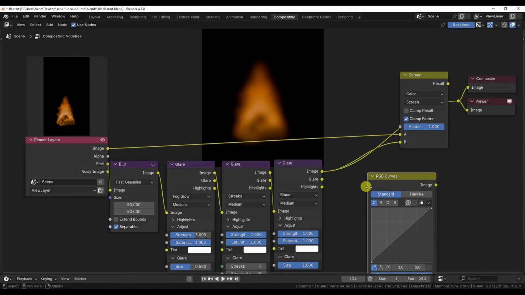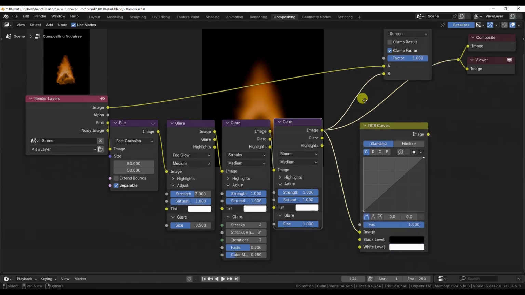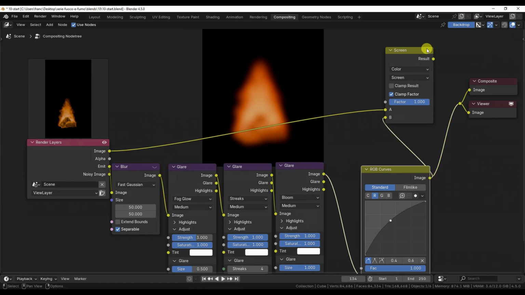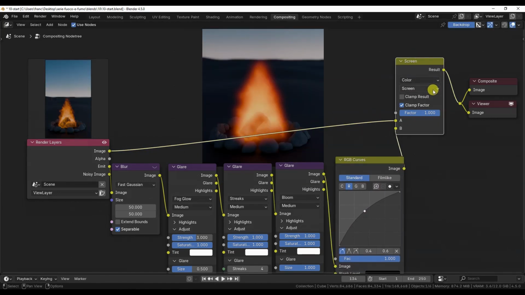I'm also quickly testing brightness adjustments using the C channel of an RGB Curves node. I even try modifying only the red channel within the same node. The final result may be a bit too strong, but I can always adjust the factor value as needed. I can also disable or re-enable the entire setup by selecting the Mix Color node and pressing M. That is the mute function, which toggles the node on or off.